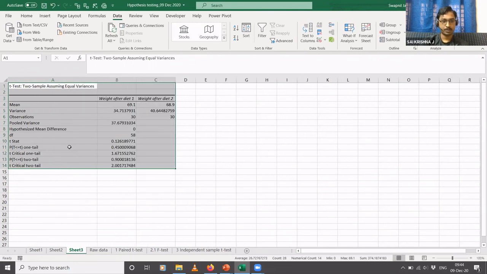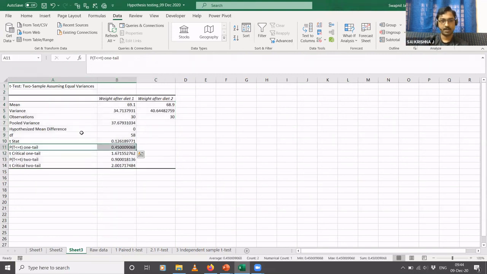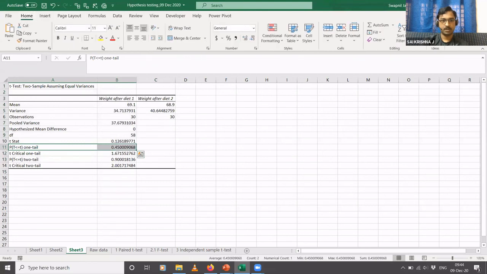Right. So here also, I'm dieting, so there is no chance for my weight to increase. The weight can only go in one direction, it can only decrease. So I will look at this p one-tail, and this p-value here is, again, greater than 0.05, which basically means that no single diet among diet 1 and diet 2 is effective in reducing the weight. So both the diets are kind of equal in reducing the weight.